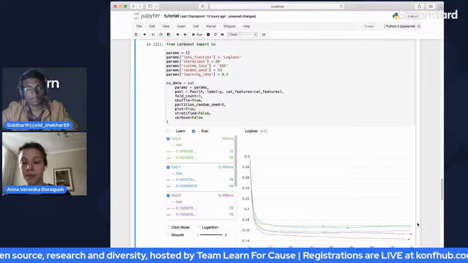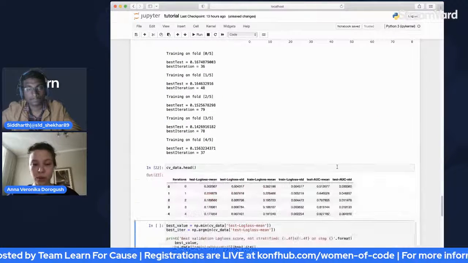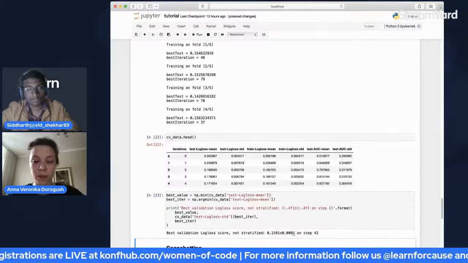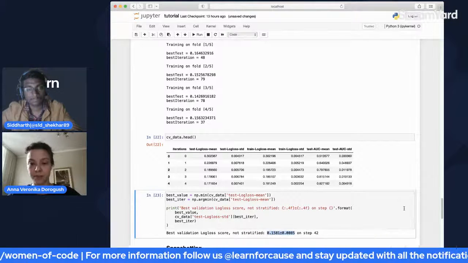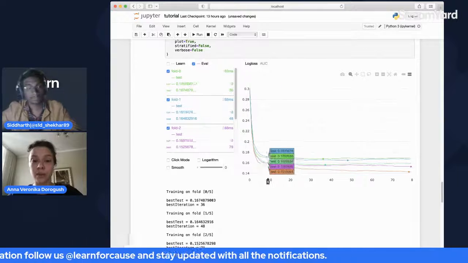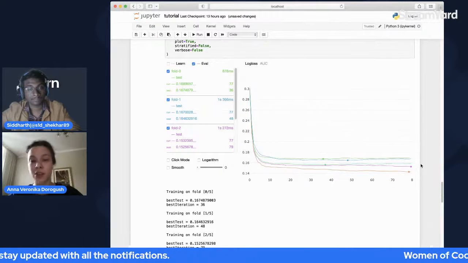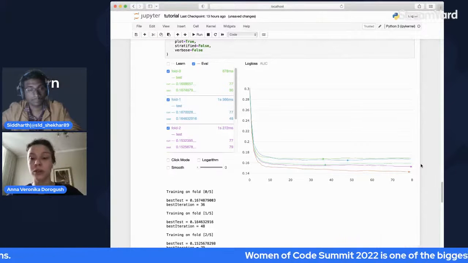What you want to look at is the mean value and the standard deviation of the validation loss. This helps you understand what would be the average validation loss for your model on cross-validation.